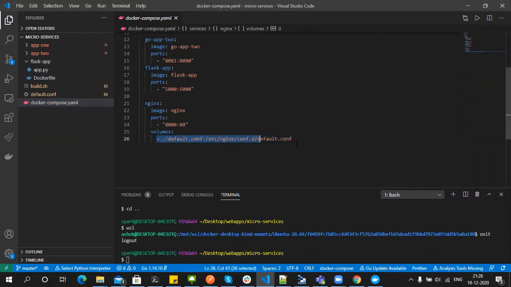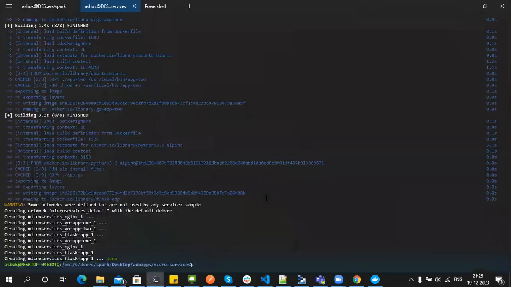If you want to go with the command line, what we can do is docker run -it Ubuntu bash. So I'm executing Ubuntu Bionic with bash, entering into the Ubuntu image.